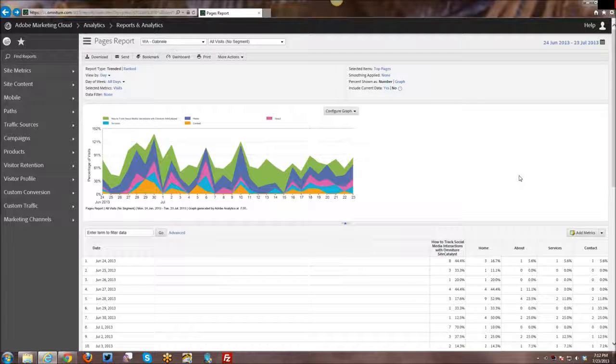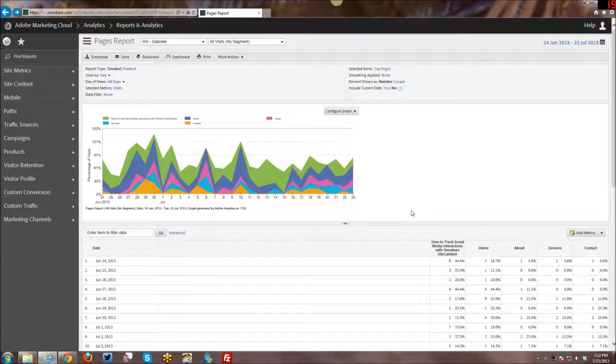And as a quick side note, you will notice that the interface we're looking at today is quite a bit different than the interface from my previous tutorials, because last week Adobe launched a new redesign for Site Catalyst 15. I will put a link in the description below to their video going over all of the different interface changes. Since they've already done that lovely video for us on YouTube, I am not going to do one. They did a wonderful job, so I'm just going to dive into doing